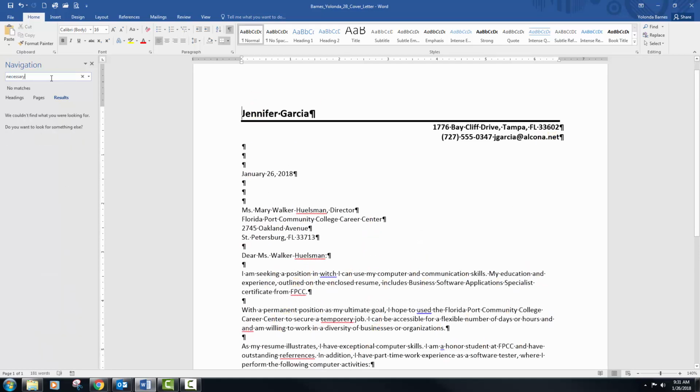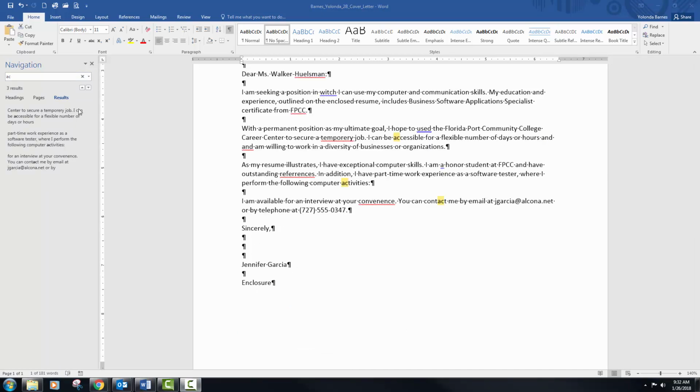Go ahead and click in the box and then type accessibility. And then in the document, double click it, and double clicking helps you to select the entire word. And then you're going to type available